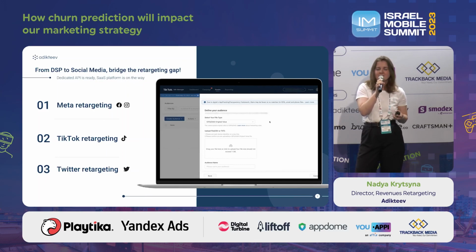Last but not least, when you do churn prediction, irrespective of how you do it, it allows you to use it in various ways. It's not only for programmatic retargeting, because remarketing has lots of channels, and you can use it for CRM activities. You can start using it on social media. The call to action is just to start doing something to be more efficient in what you are doing. And again, you can still have an activity window as a proxy, with separate campaigns covering users, and layer on top some campaigns that re-engage users who will churn with the highest likelihood. And again, it secures lots of finances.